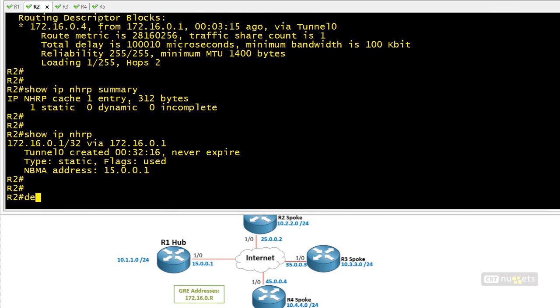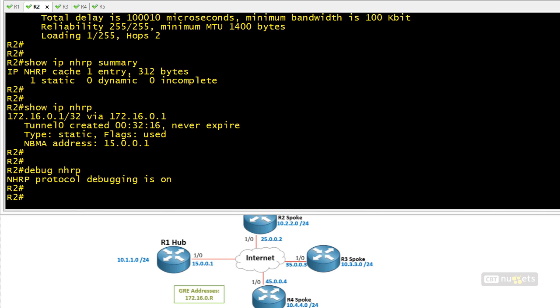Let's do a debug of NHRP. Now with that on, let's generate a ping request and send it down from R2 down to 10.4.4.4, and the interface address on R4 is .4. So what will happen is the initial traffic will go through the hub, but there will also be NHRP requests and replies, so that subsequent packets can go directly down to R4,